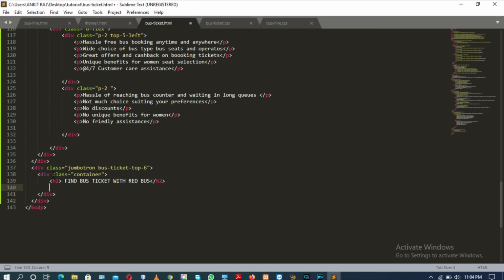Now I need to copy the content of the paragraph tags from the original website, because this paragraph tag contains a large amount of content in a single paragraph.